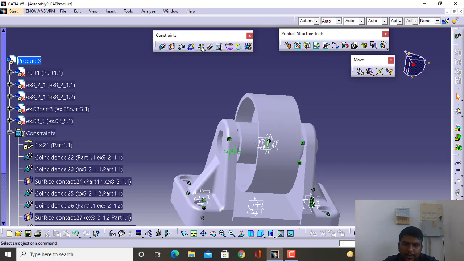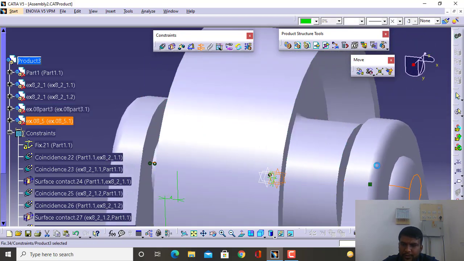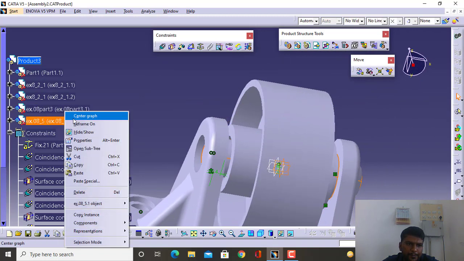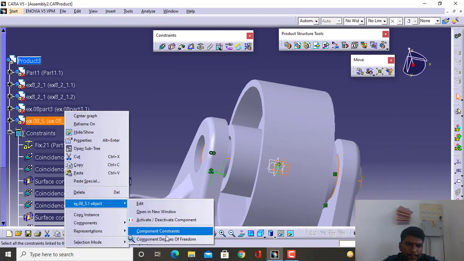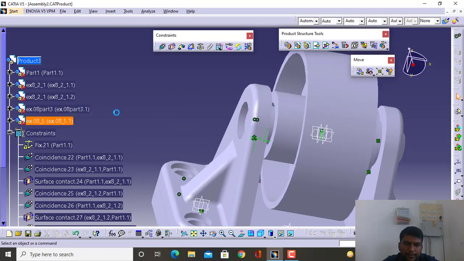We can apply the fixed component and we can fix that particular part at that particular location. So that also we can do it. Now the degree of freedom will be 0. Right. So degree of freedom is 0.